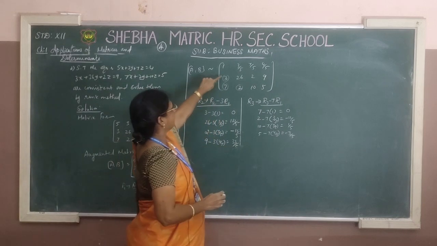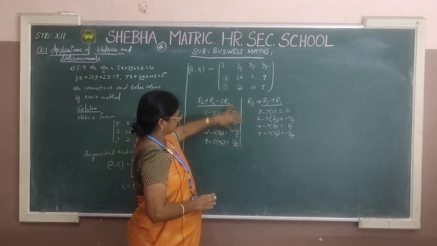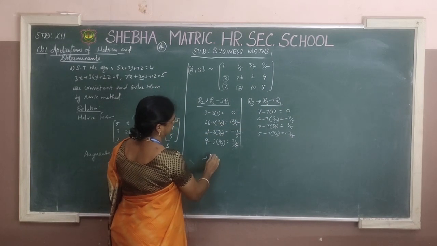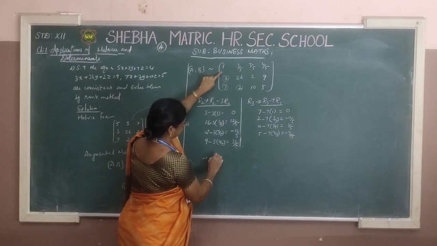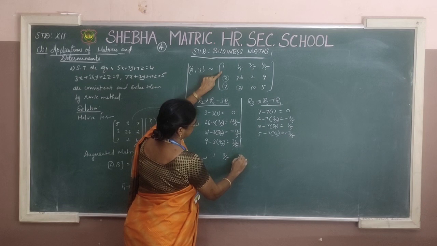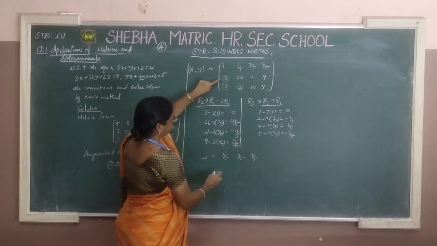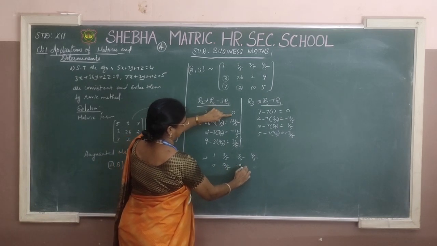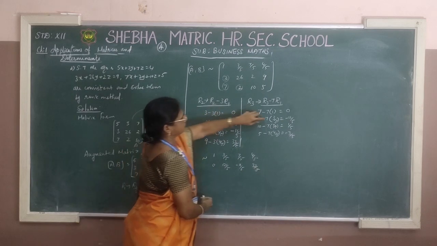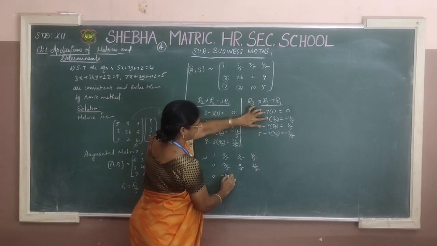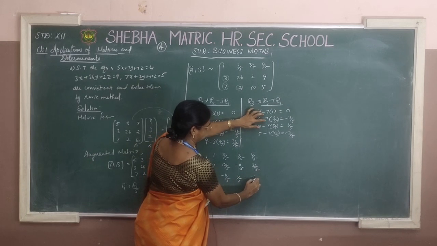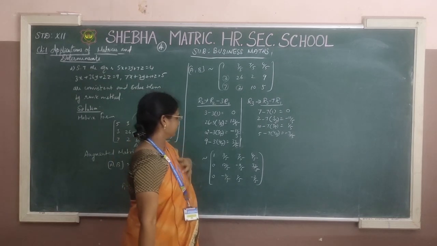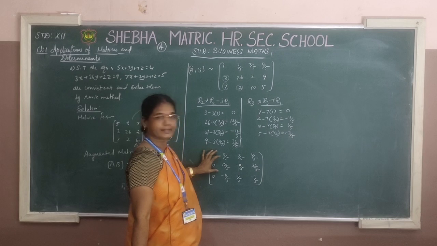We have to rewrite R2 and R3 with the given elements. R1 tilde: the first row is 1, 3 by 5, 7 by 5, 4 by 5. The second row is 0, 121 by 5, minus 11 by 5, 33 by 5. The third row becomes 0, minus 11 by 5, 1 by 5 and minus 3 by 5. Okay, the next step we have to multiply all the 3 rows by 5.